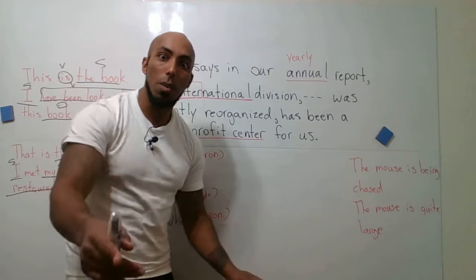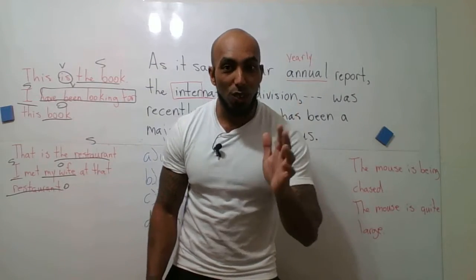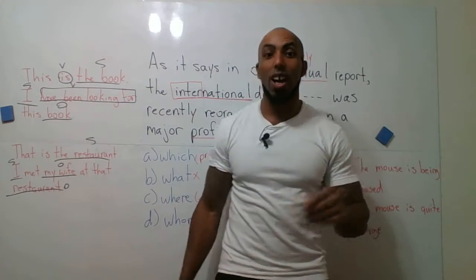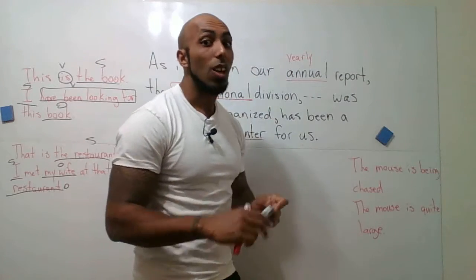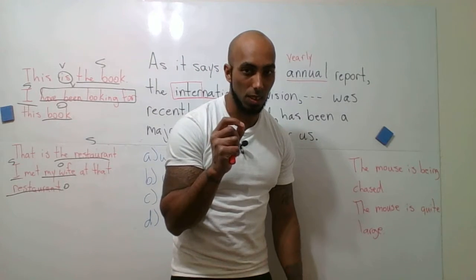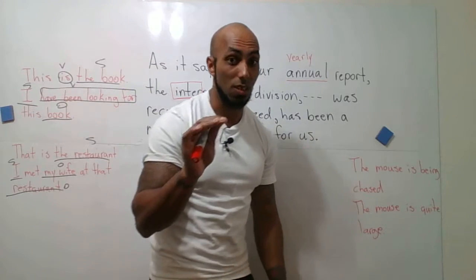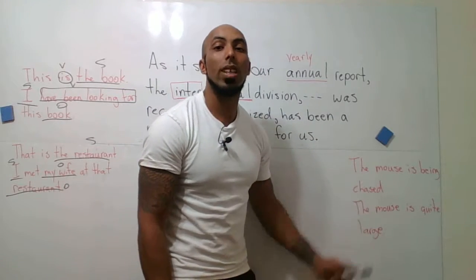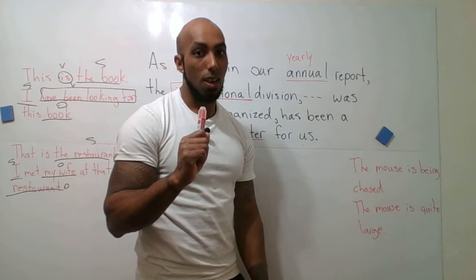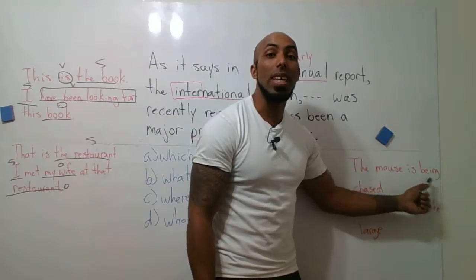But you might be saying, wait a minute, isn't the mouse the subject? Because the subject's always the first thing in the sentence, right? Just like here, it's the first noun, right? Well, not exactly. Why is that? Because if you look closely at this sentence, and I'll have to do another video on what I'm about to say, because this is very tricky, this is written in passive voice, okay, passive voice, because the mouse is being chased.